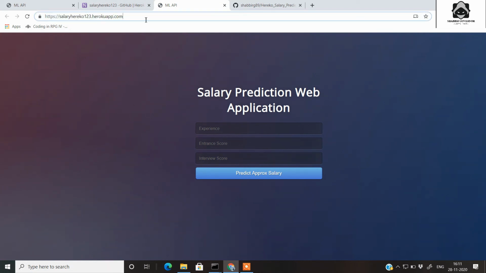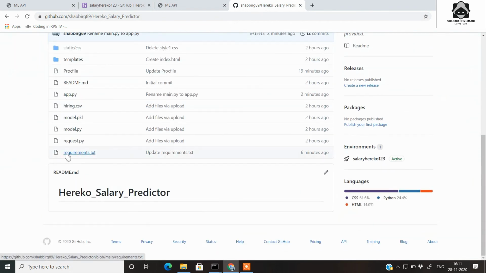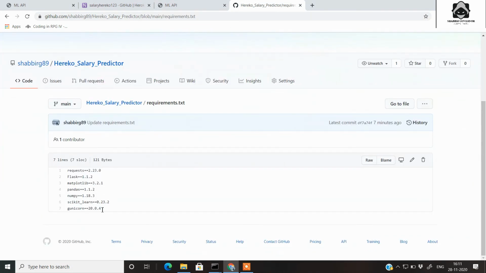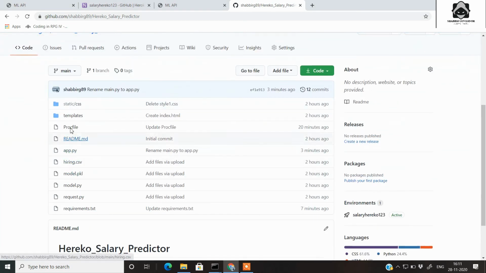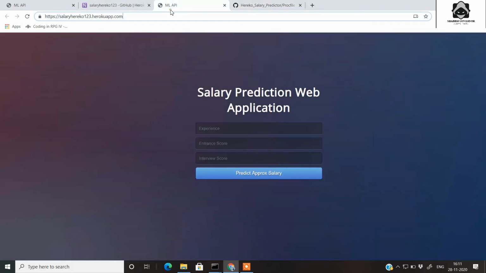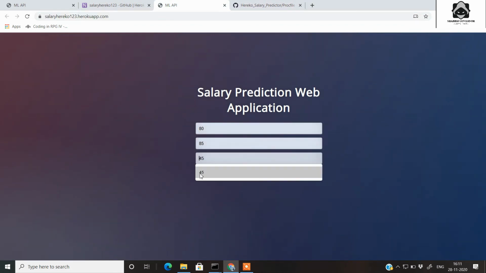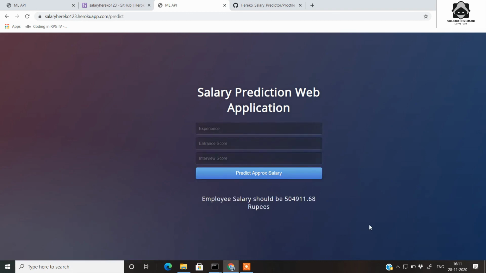If you face any problem while deploying this application to the cloud, just check your repository. I had made one small change here in the requirements.txt that was generated. I have added Gunicorn with its version number, and besides that you should also check the Procfile. This is the exact thing that you need to paste in your Procfile. Once the application is deployed, you can enjoy using it. Now your application is live and anybody in any part of the world can use it.